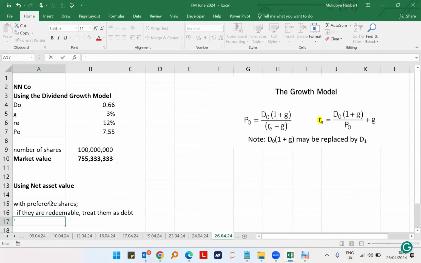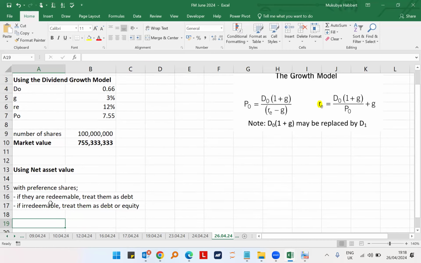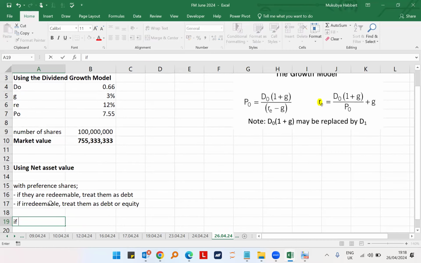Then if they are irredeemable, you may treat them as debt or equity. So here is where you choose. Now, if you're going to treat them as equity, if treated as equity,